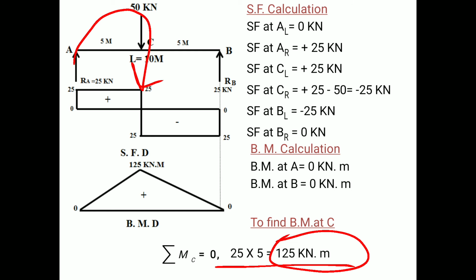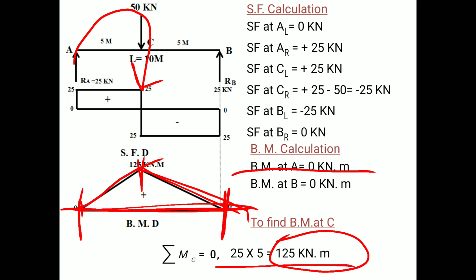Now we are going to draw the bending moment diagram. Remember that bending moment at A is equal to 0. Now this is again the 0 line. At A we have 0 bending moment. At B also we have 0 bending moment. In between two points we have to join them by a straight line. Therefore at C, where a point load is acting, we will join it by a straight line. So this is the bending moment diagram for a simply supported beam which is subjected to a point load.